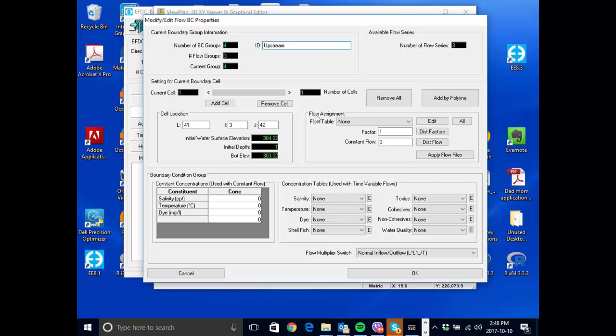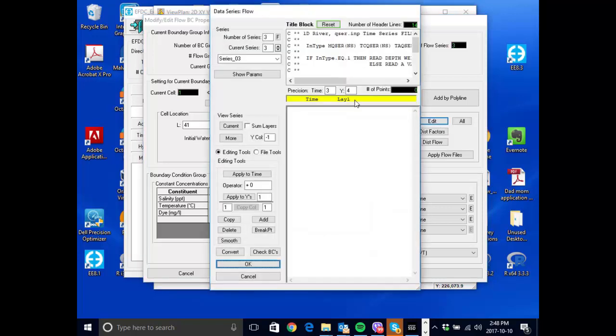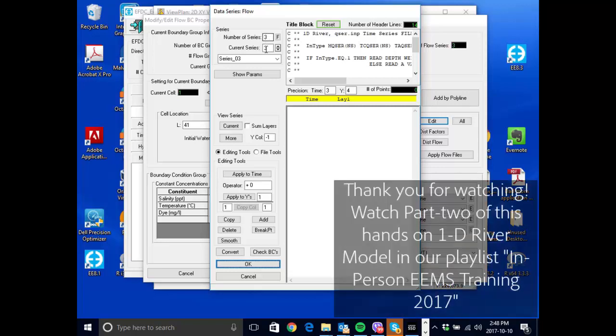Okay, so next go to flow assignment here, and below that it says flow table. Let's go ahead and click edit, and you might want to change that to 3 because we are going to insert 3 data sets. 3 and current series is 3. Let me check if my current series of 1 was updated. So upstream you want to use this value from 200 to 220. We're going to assign 2.832 CMS. Next,